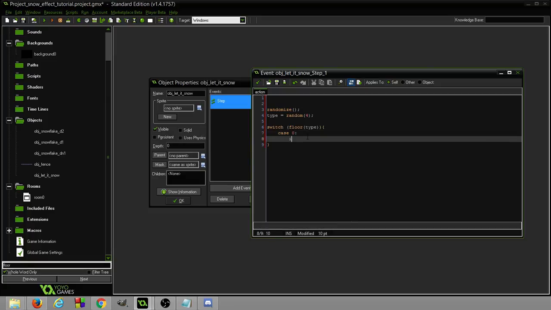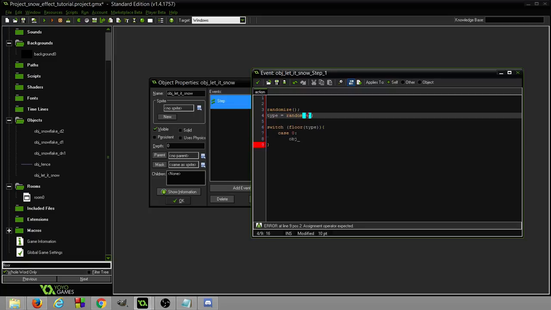So our first case would be case 0, in which case we'd actually want this one, 3, because we have 3 objects. We'd want 0, 1, 2, and this would give us 0 to 2.99, so 0, 1, 2. Object Snowflake D2, and instance create. I did that out of order,